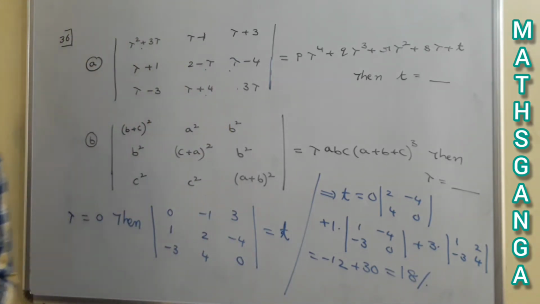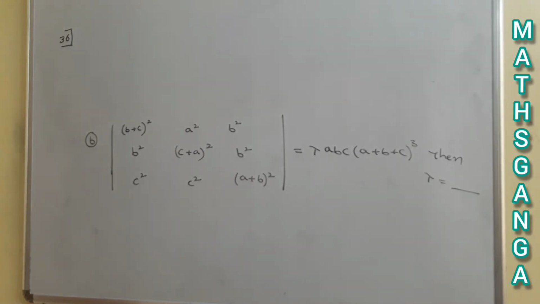Okay? Just have a look at the problem. How we solved it? Just we need t, so eliminate all the remaining. To eliminate all the remaining, just take 0 in the place of lambda. Okay, instead of calculating the complete determinant value in terms of lambda, it is very easy by taking some values in the place of lambda. Okay, just have a look. Just think about the problem.